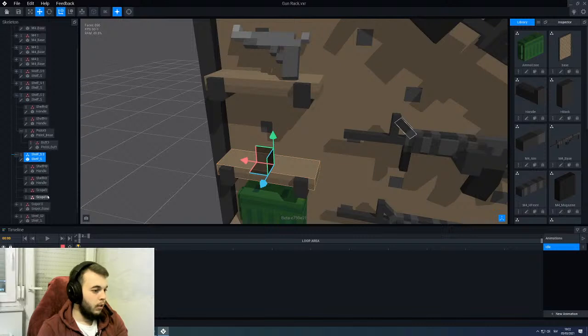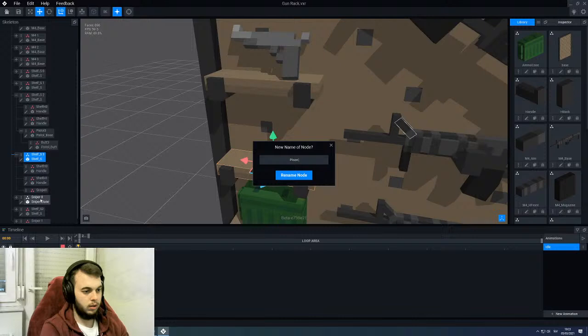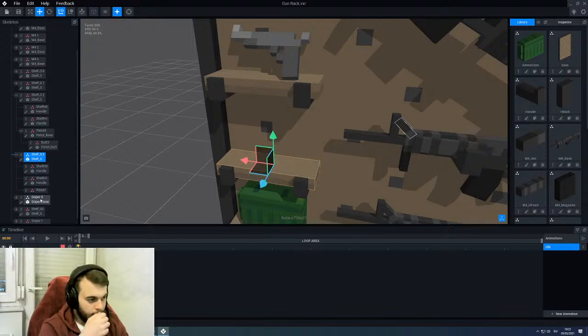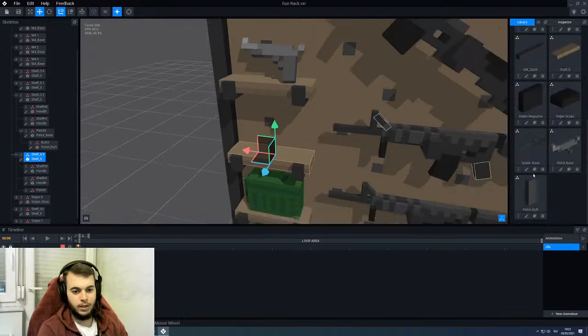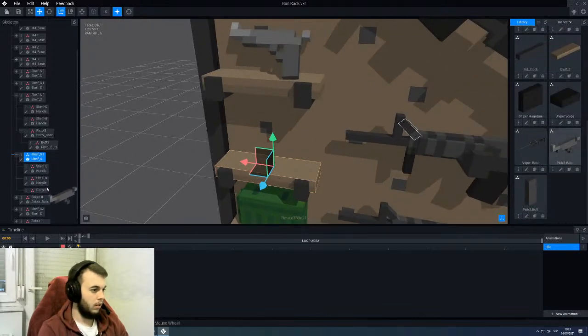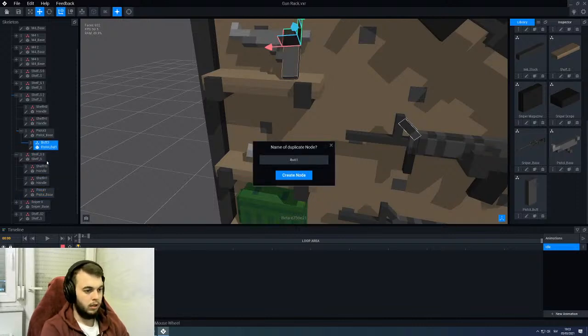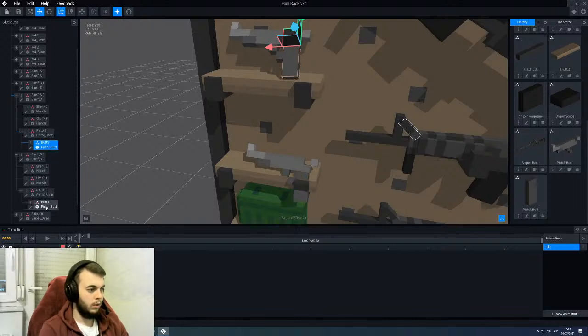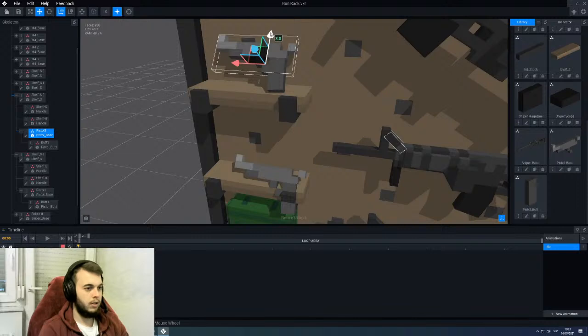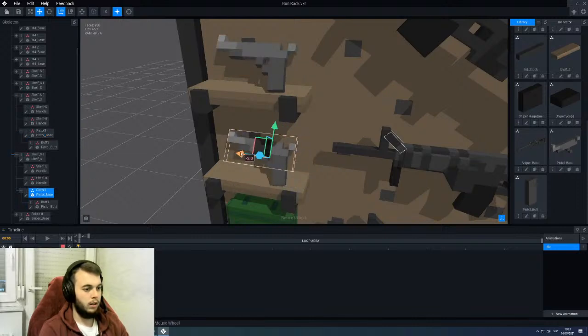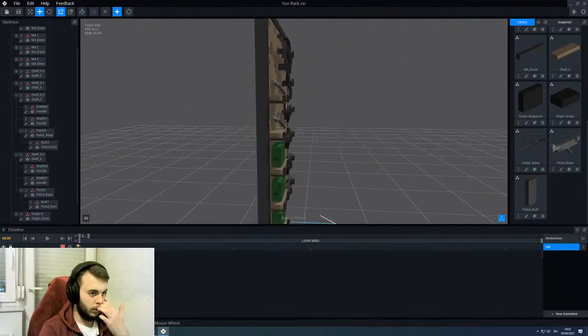So for the bottom shelf, let's see, let's delete one of those scope nodes. Let's rename this one into pistol 1, I guess. We're getting all over the place with our names, but pistol 1, and then we can duplicate this button, attach it to our pistol, and then just copy our coordinates because they're just like local ones. So 3 and -2, 3 and -2. Okay, and we got our 2 guns,